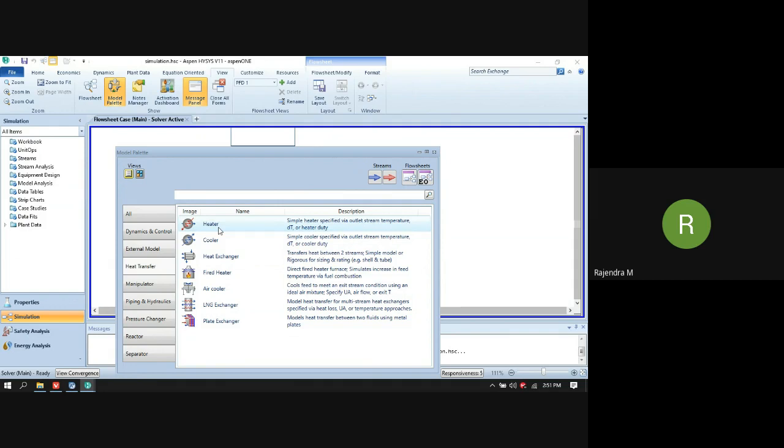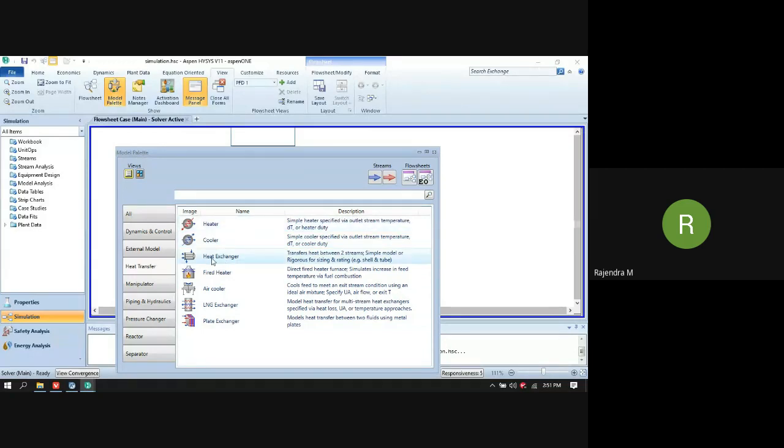For example, if you would like to increase the temperature from T1 to T2, based on the fluid properties, Aspen HYSYS will calculate how much energy will be required in order to increase the temperature or change the phase of the fluid. So here we only get the energy requirement.